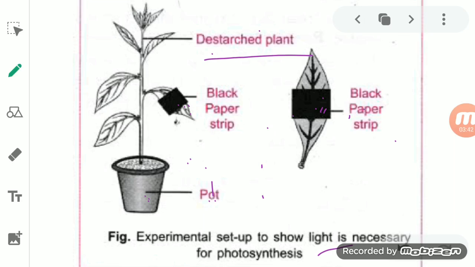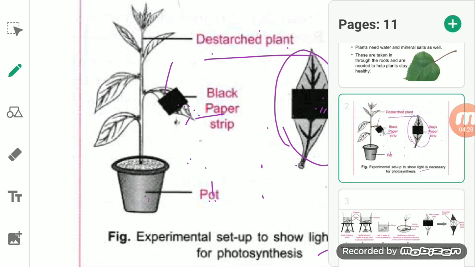One more thing, it will not be plucked. Here this leaf is shown just so that you can understand that this is a black paper strip, and with this leaf only we will continue with the experiment. So here we will take a leaf where we will coil aluminium foil at the center of the leaf, and the aluminium foil should be fixed tightly so that sunlight may not enter from the side. So only the middle part of the leaf should be covered with the aluminium foil, while the side parts will remain uncovered.